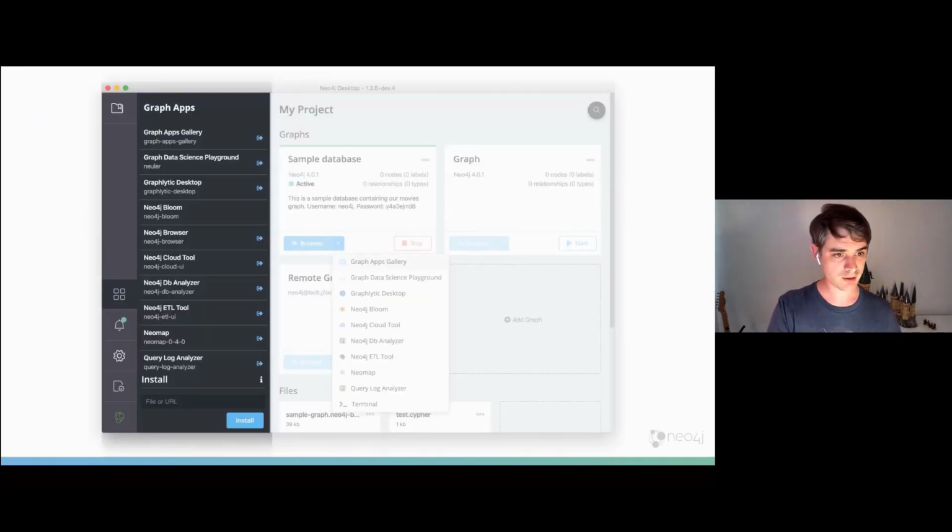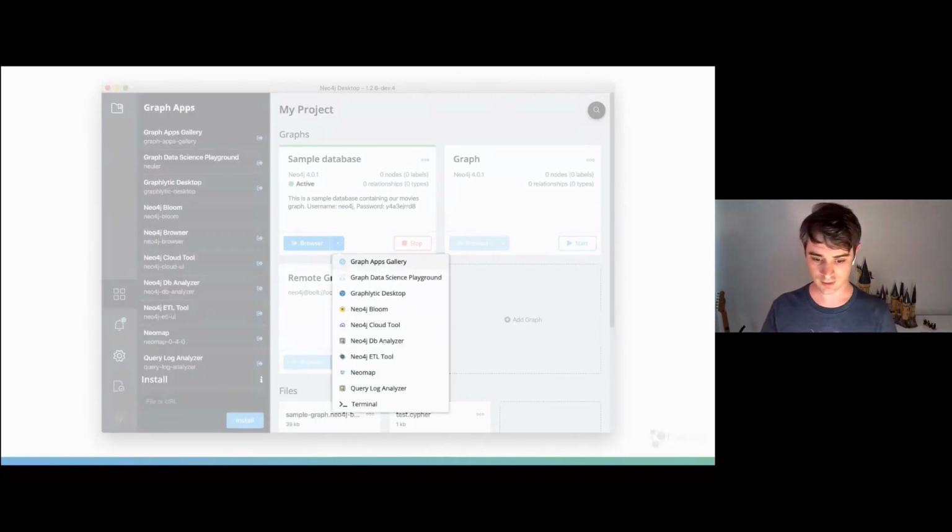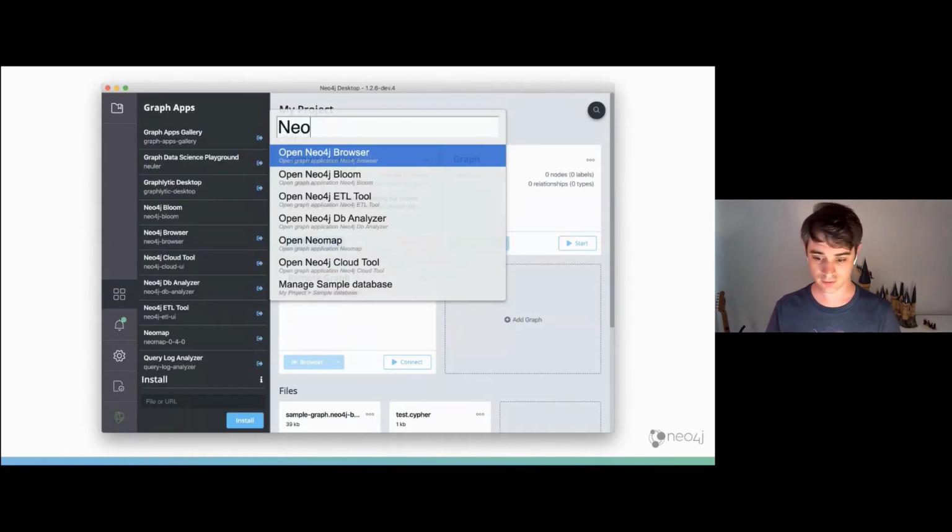So you have the Graph Apps pane on the left-hand side, so the four squares. So this is where your Graph Apps live. You can launch any Graph Apps that you have installed in Neo4j Desktop by clicking the little icon next to the name of the app. If you have an active graph, then there's a drop-down menu next to there, so you can choose the Graph App from there. Or you can launch a Graph App using the command bar. So there's a little magnifying glass in the top right-hand corner. Or you can use the keyboard shortcut, so Command and K on a Mac or Control and K on Windows. And then that will open up the command bar,